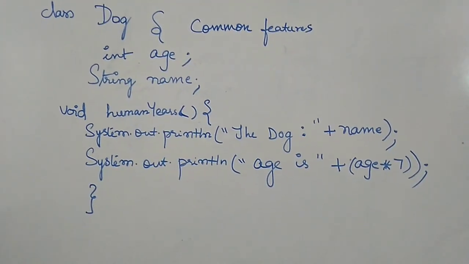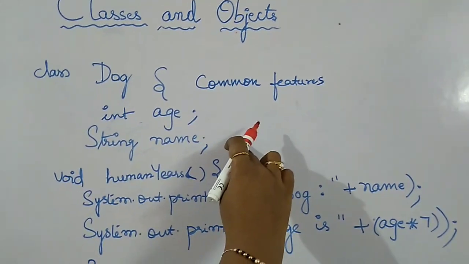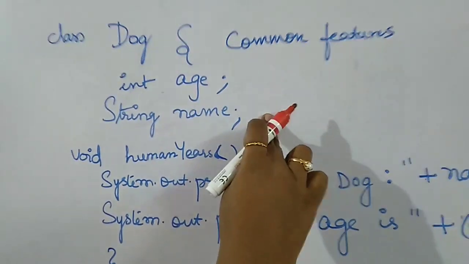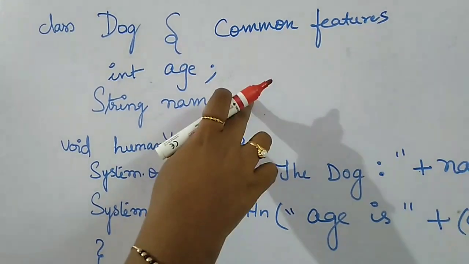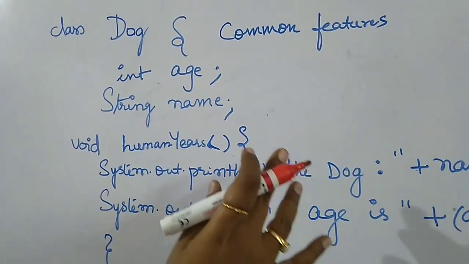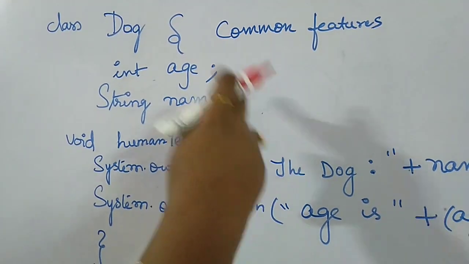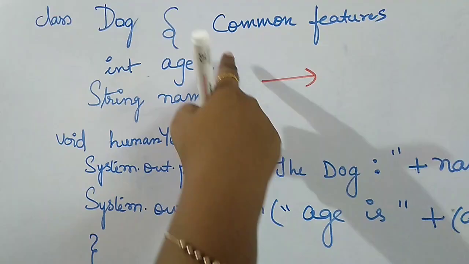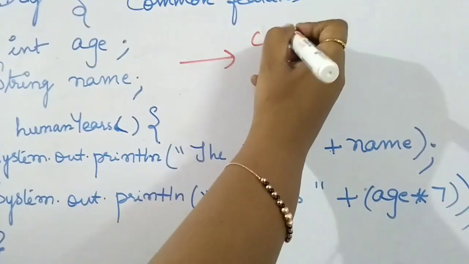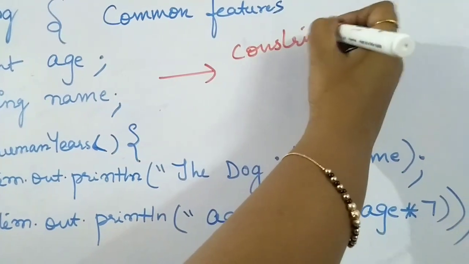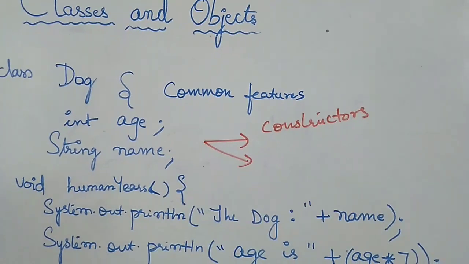Now just take a look at this particular program. I have some instance variables here, age and name. I haven't initialized these variables, and in case I initialize them, they will be the same for all the objects. For different objects, the values of age and name will be different. So you need a way to actually assign values to these instance variables. One is through the constructor. You can initialize them by using constructors to assign values to the instance variables.